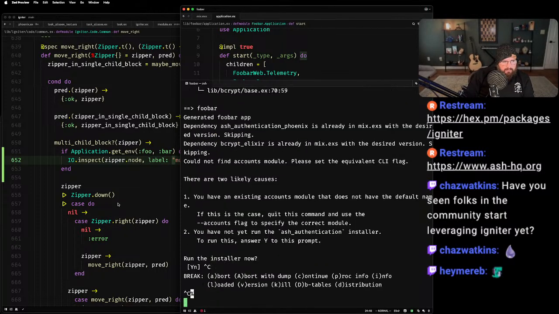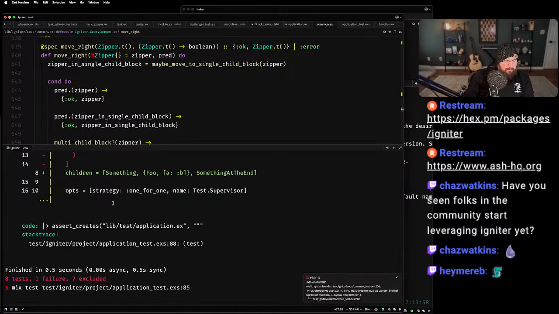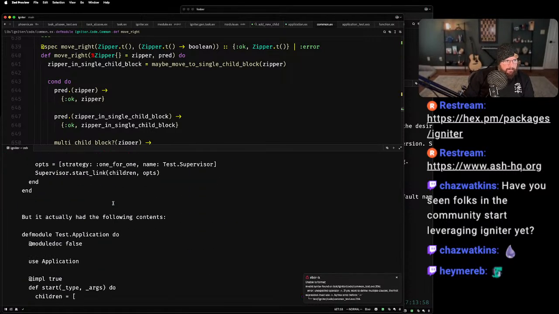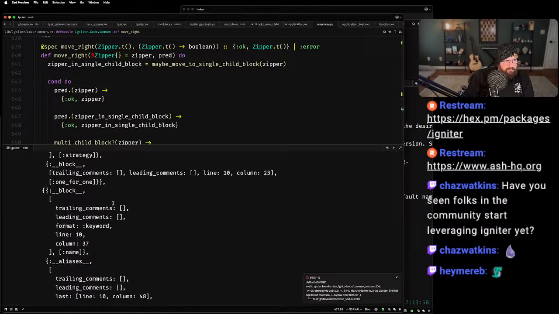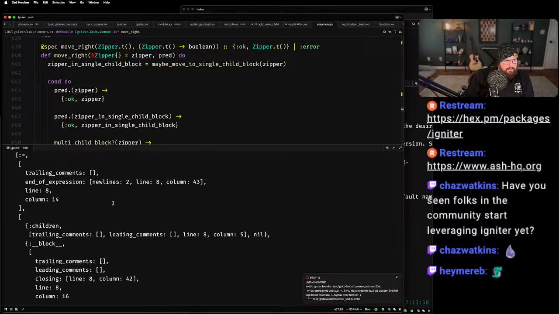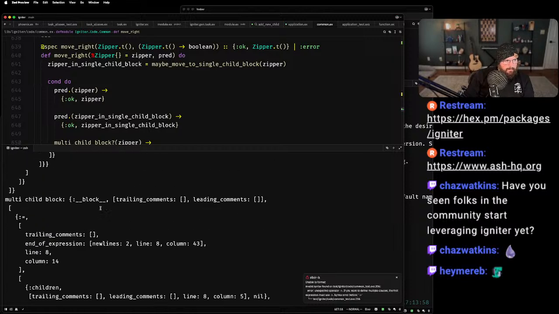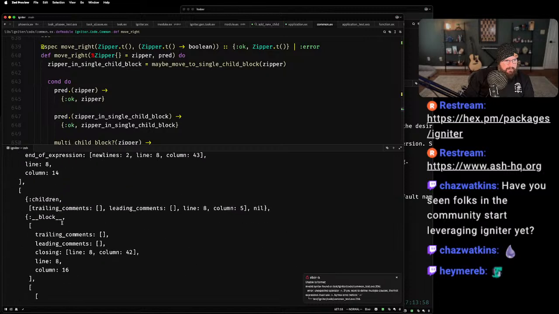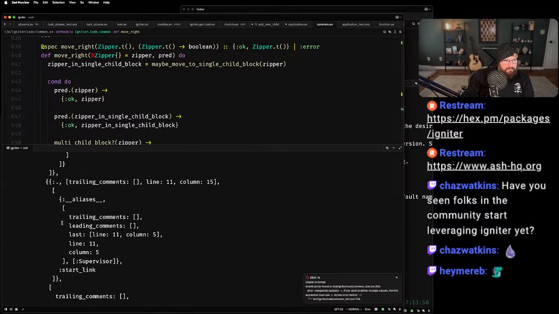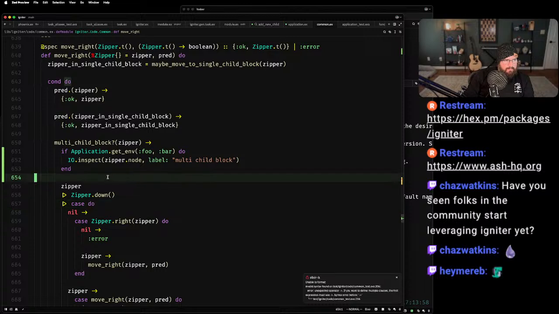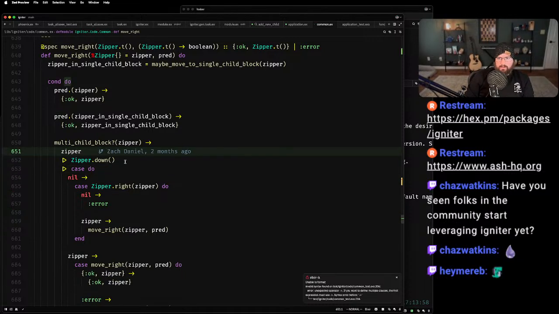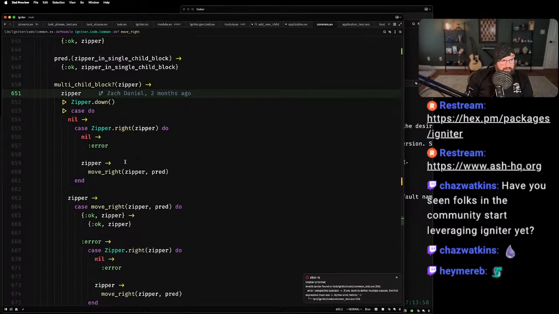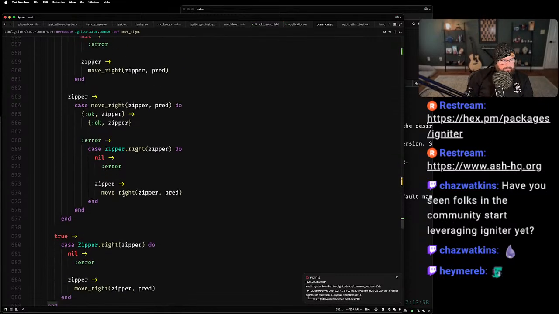Oh, what the hell am I doing? I want to just run this test. Okay, well, where are we at? Yeah, there's a lot of, okay, this is going to be too much. This is the problem with writing these big recursive monstrosities: sometimes it can be difficult to debug.